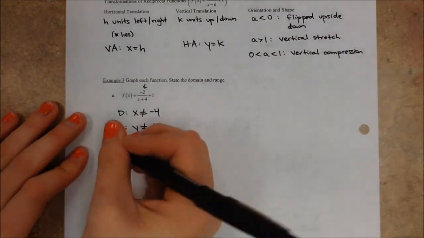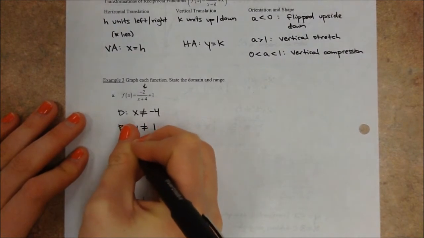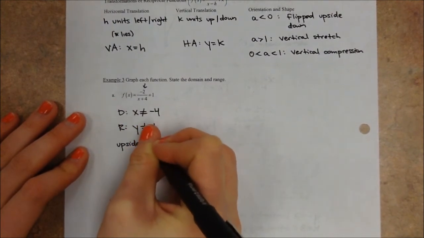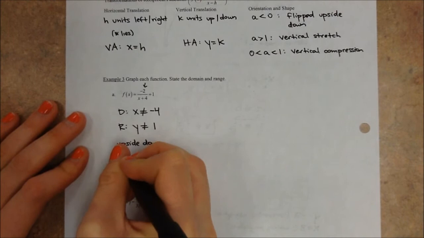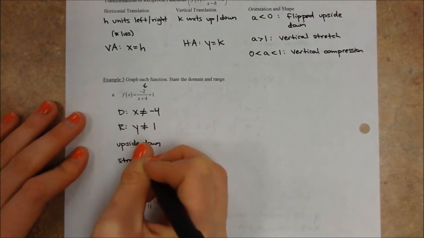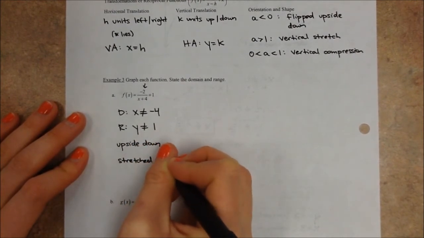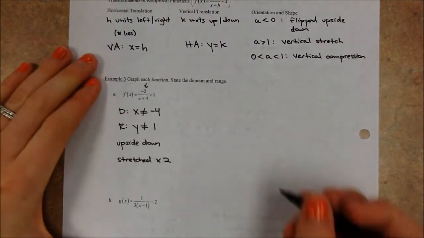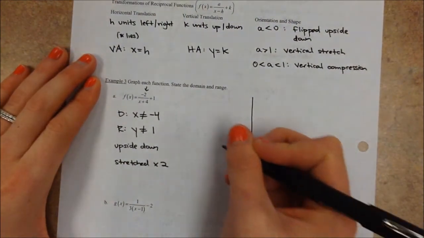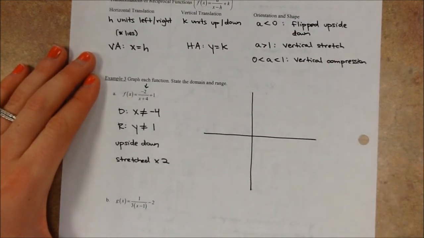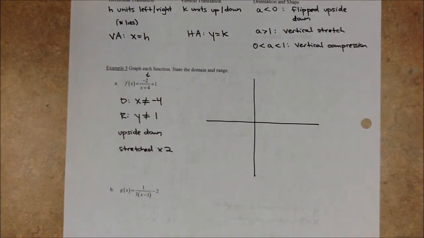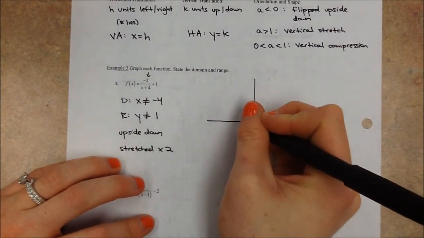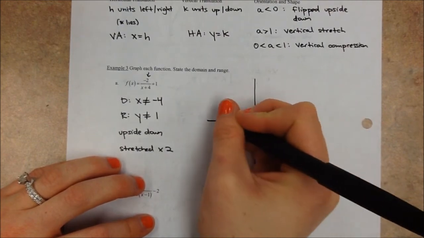So the -2 means that we are going to be flipped upside down and then stretched by a factor of 2. Okay, so that is what all of my pieces tell me there. So let's set these up. Okay, and I'm going to show you, very importantly as well, how you show your asymptotes on the graph, because that's very, very important. Okay, so x can't equal -4, so we're going to go 1, 2, 3, 4 units,